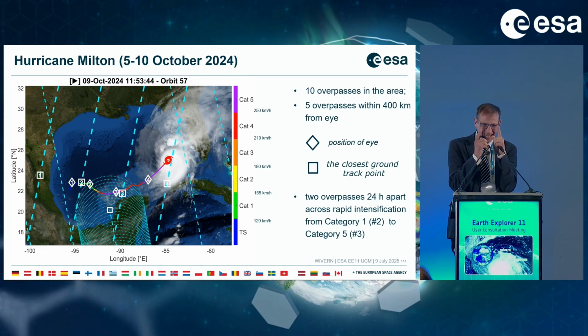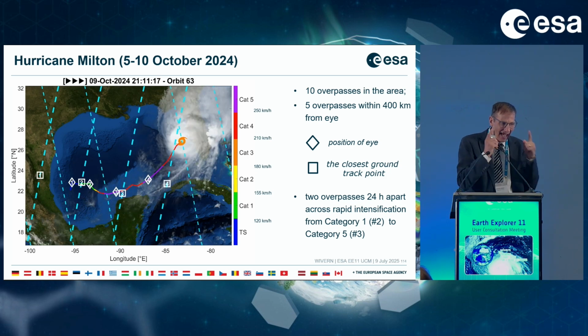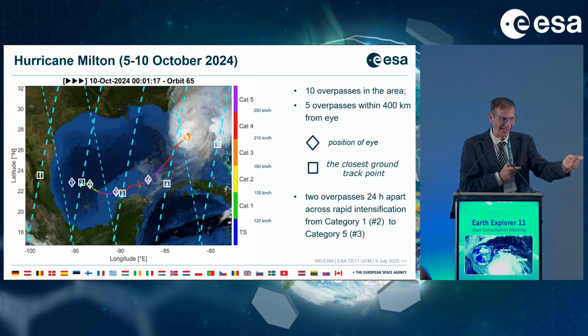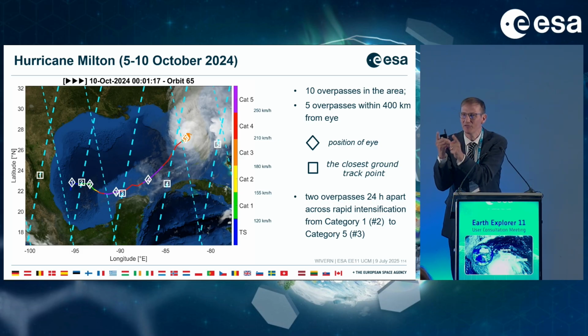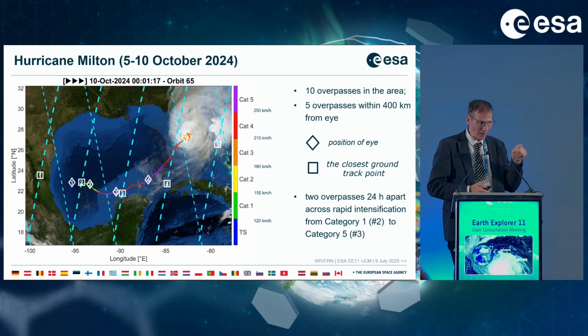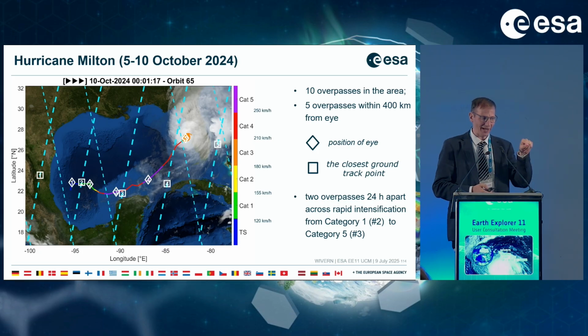Now, I want to draw your attention to 2 specific overpasses, number 2 and number 3, descending, separated only by 24 hours. And they are across the rapid intensification period of the hurricane. You see that the hurricane is passing from category 1 to category 5 within 24 hours. This is something we still do not understand. So I will now exploit our end-to-end simulation to demonstrate what we can actually do quantitatively with